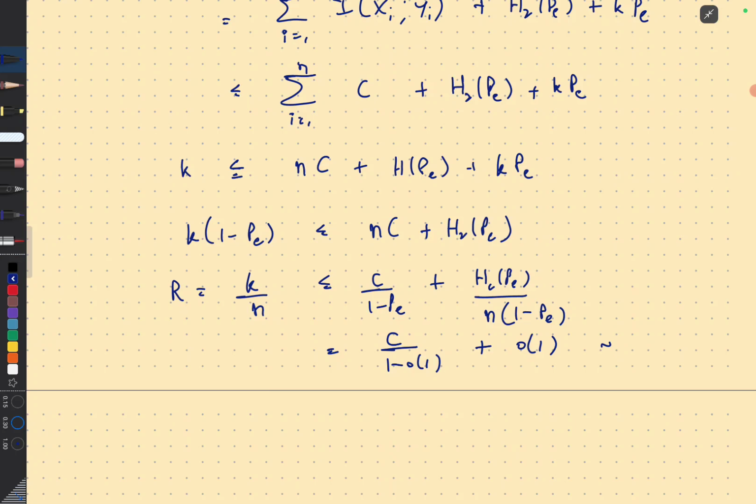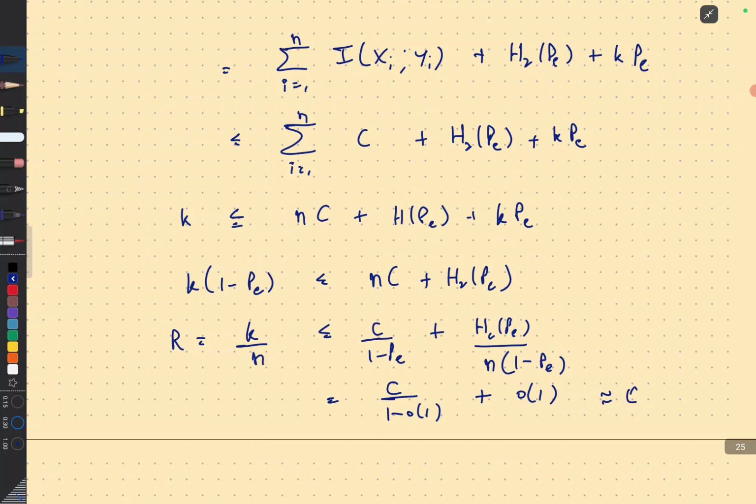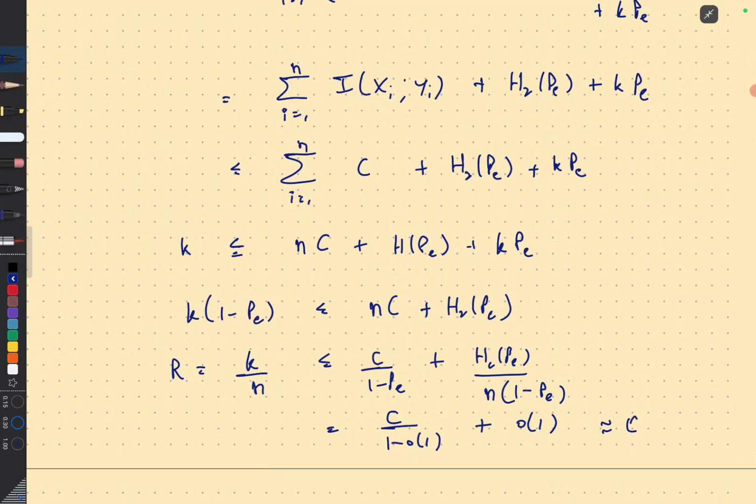All right, which is basically the capacity. So if we want the probability of error to go down to 0 as n tends to infinity, then the rate must be less than capacity. Right. No matter what you do, you can't operate at a rate above capacity and still have the probability of error vanishing